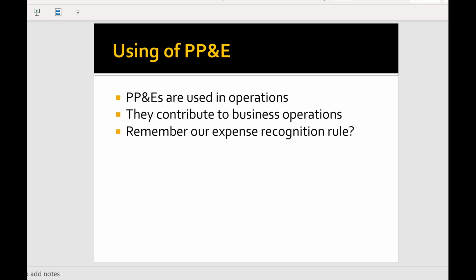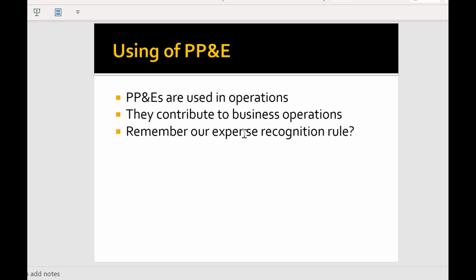Now let's start to talk about the use of the PP&E. PP&E are used in operations. They contribute to the business operations so that we have to recognize the usage of the PP&E. How are we going to recognize them? It is in the form of expenses. Now, do we remember what the expense recognition rule is? You can pause this video for a second and think about it. The answer is when we recognize expenses,